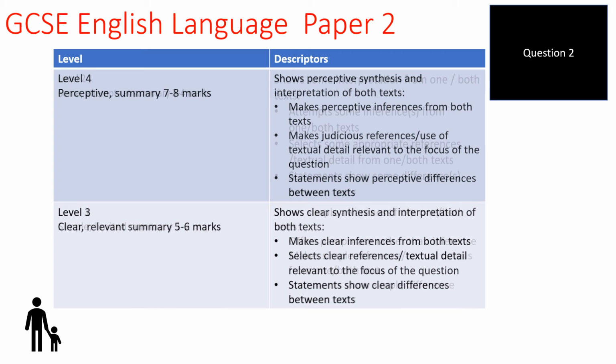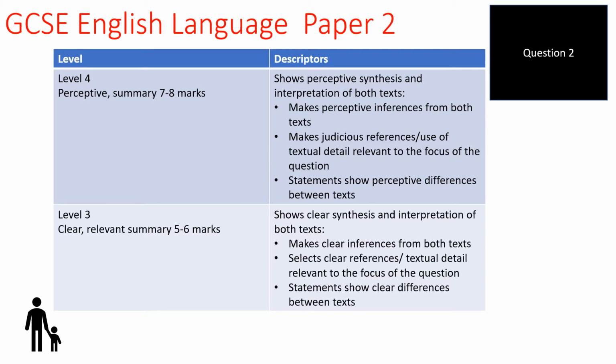Now, if we have a look at the next level up, the big thing here, to get 5 or 6 marks, is you've got to have a clear inference. To get that clear inference, you're kind of saying it's this because of this. And it's that development, that explanation that gets you to this level. Okay, so we can infer this because of this, and it's that reasoning that gets you level 3 here. Again, clear references, so you're linking to direct points in the text,